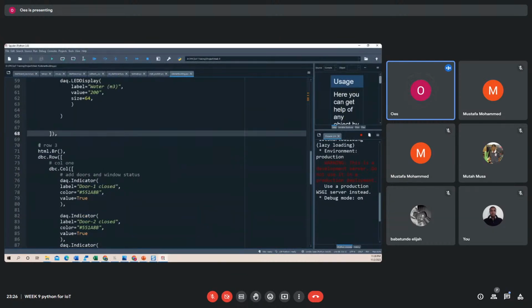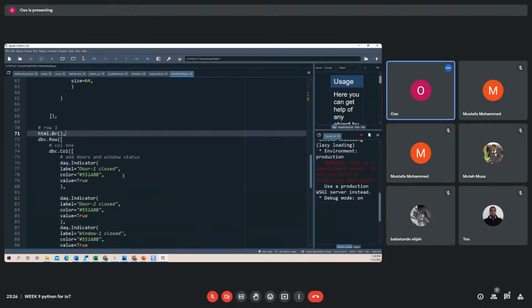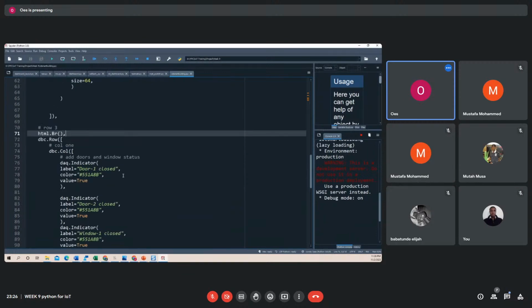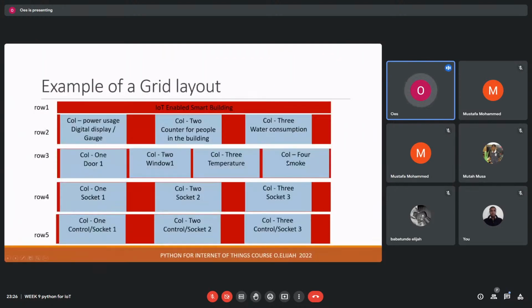So before, on row 3, I just added this HTML break. Okay. So for the smoke detector,